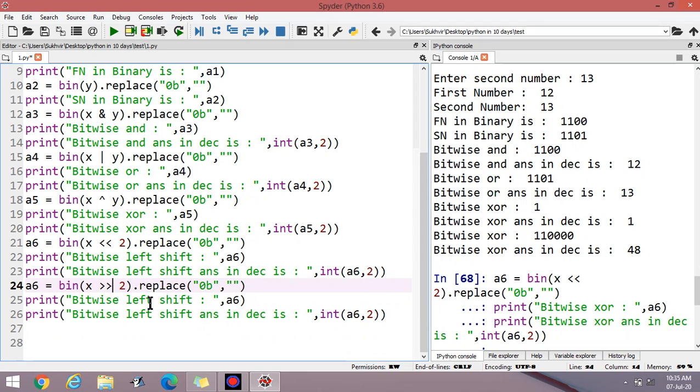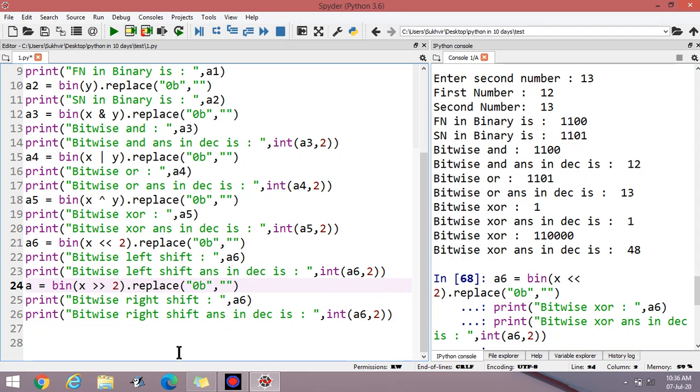After writing this, I will perform again. Right shift, and here you can place the variable A7.